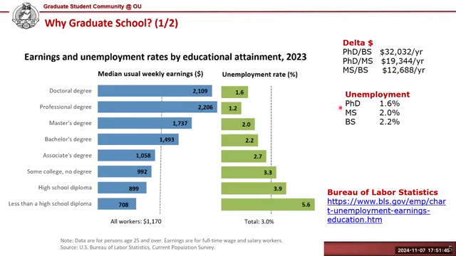You will also observe that for a PhD, the unemployment rate is 1.6%. And this is particularly important for international students who wish to come to the United States and then settle down here. The United States has a national interest waiver program, which makes it easy for you to get a green card, particularly if you have a PhD. It's a bit more difficult if you have a master's.